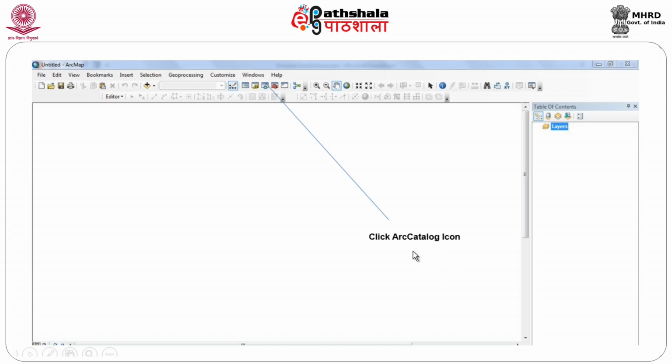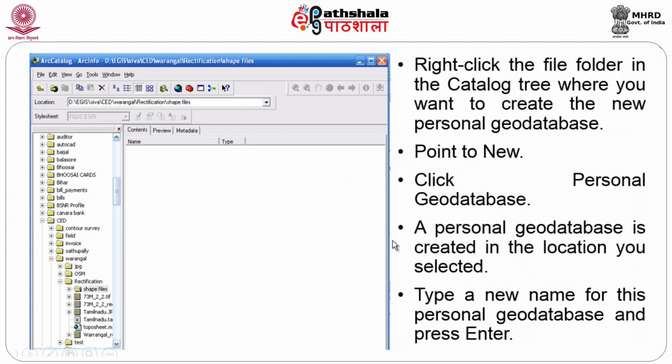So, this ArcCatalog, just click, and once you click on that, it will give you a list. Where do you want to store? This is ArcCatalog. As the name indicates, it is a catalog, nothing else, no uniqueness in that. This is a catalog which will contain the details of your storages. Now, just right click on this side, and whatever is required here, of course, this will give you on the system. Whatever is important, you can just create a new personal geodatabase.